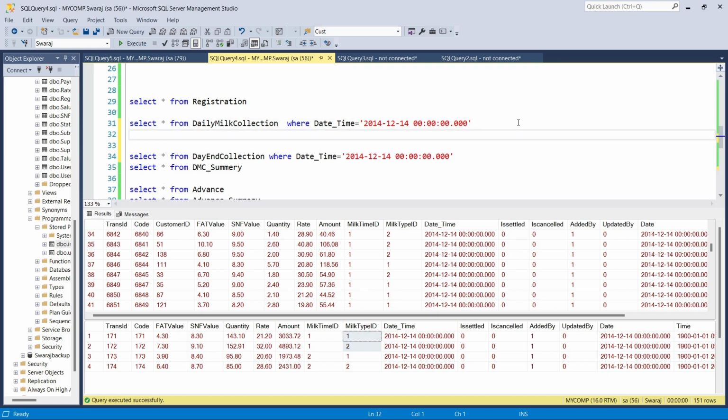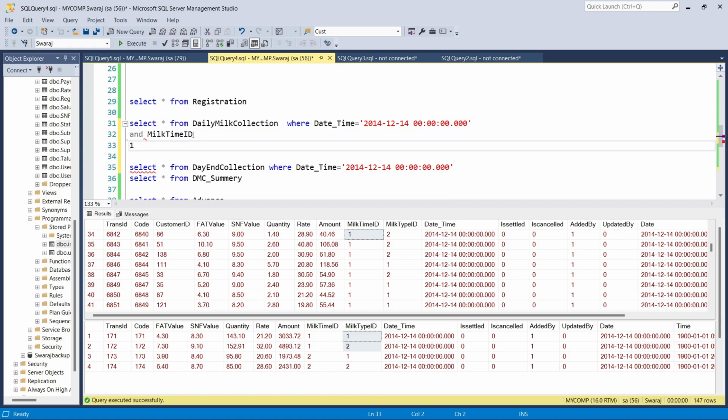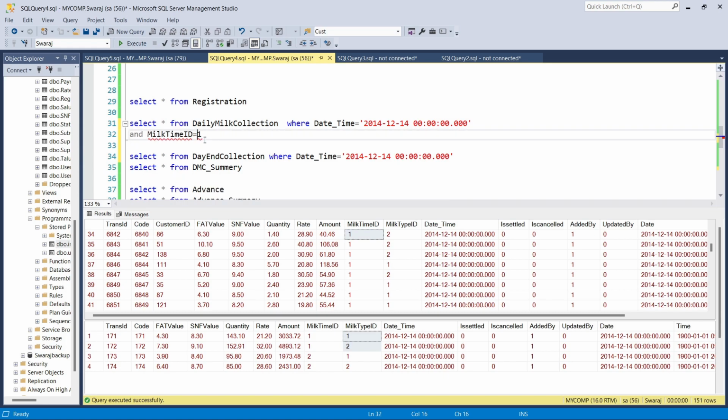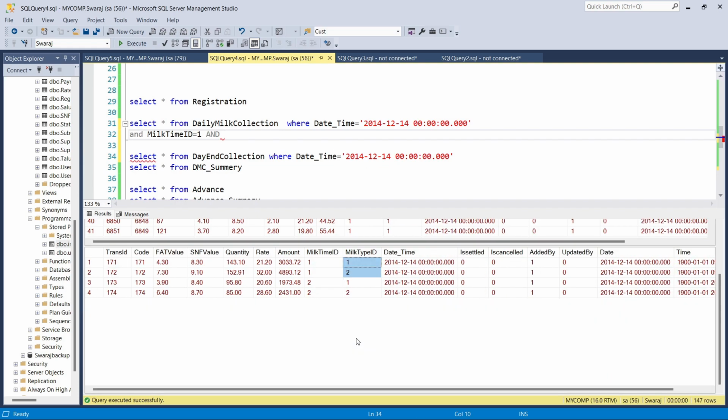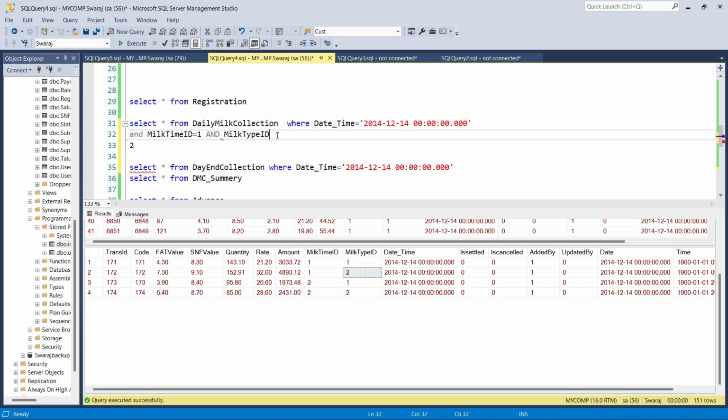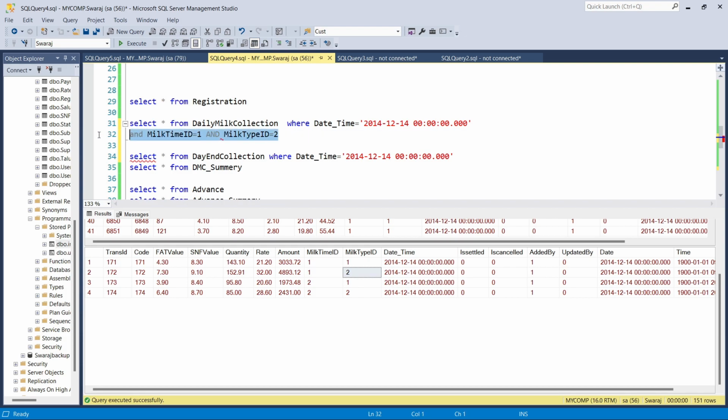If we filter again with milk time ID equal to 1, and I am filtering one more condition, milk type ID, I am considering as 2 for buffalo, correct? So I will apply the same filter here